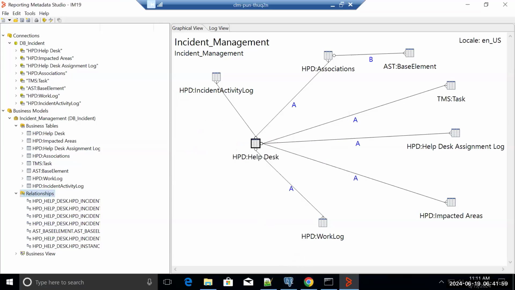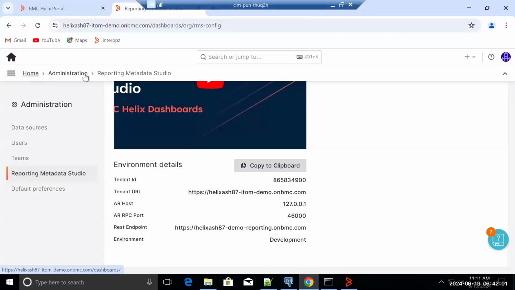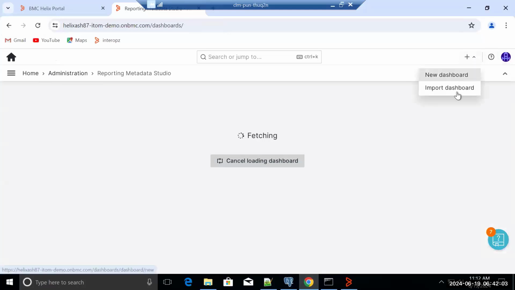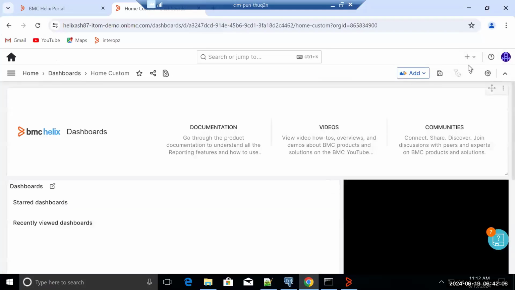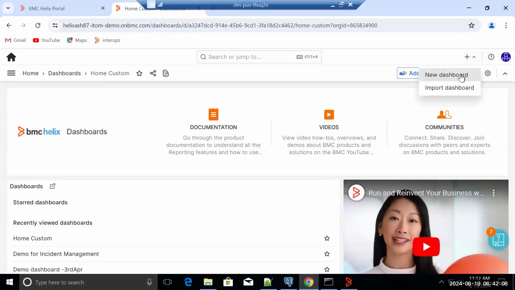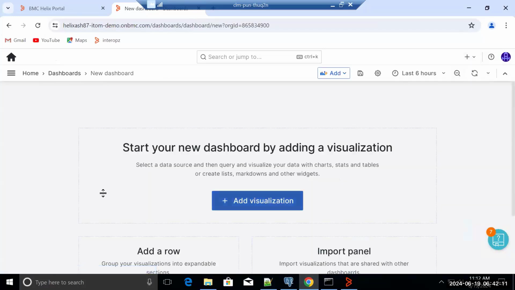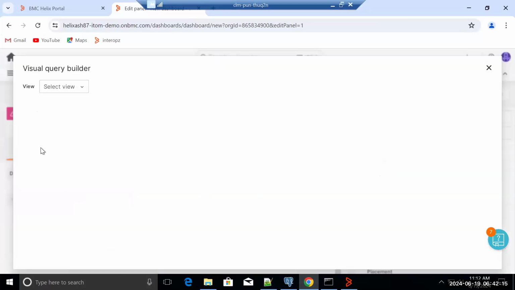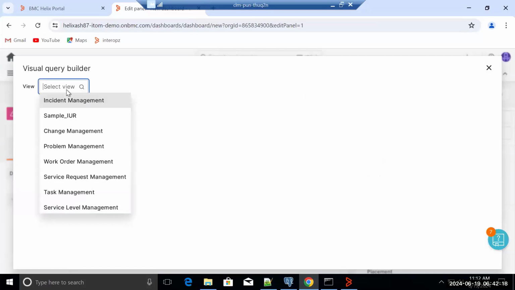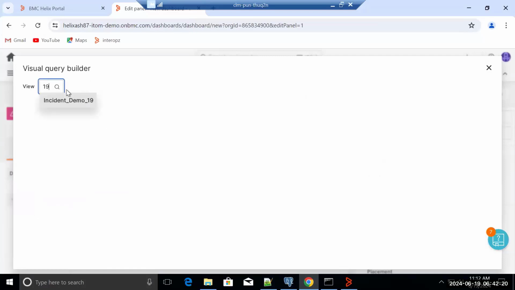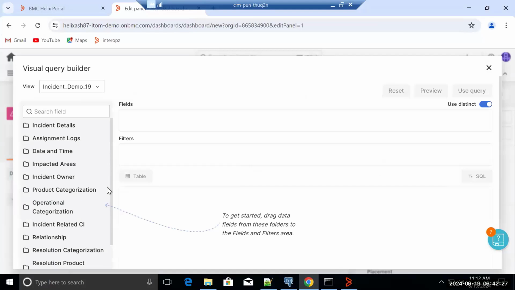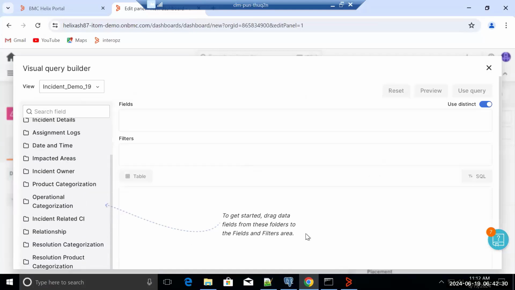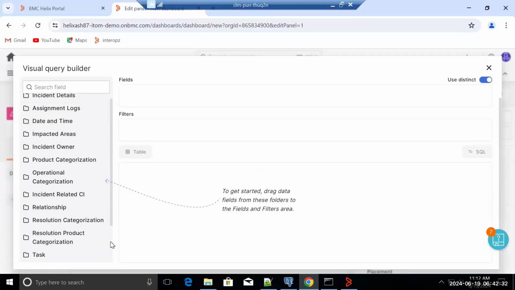Now, if we go here again to home, new dashboard, add visualization, select Visual Query Builder, and here you will be able to search as well if the list is big. So incident demo 19, which I have just created. And once it is loaded, you'll be able to see